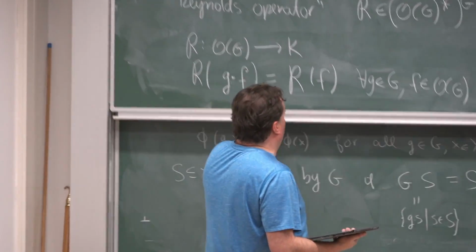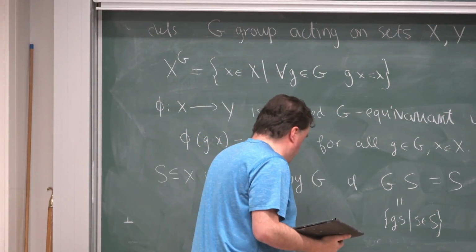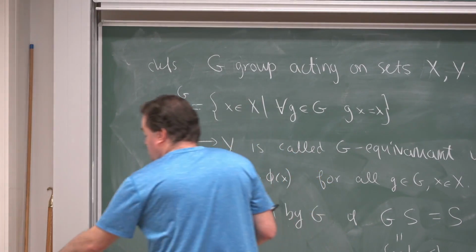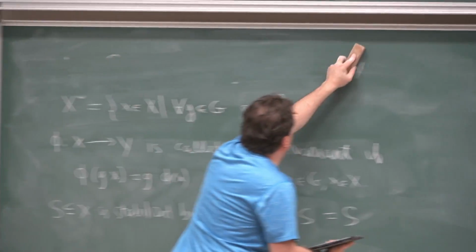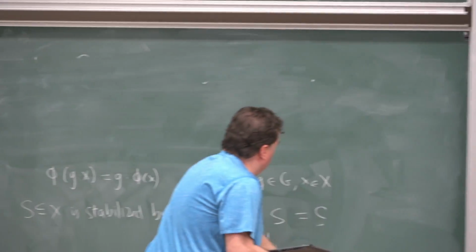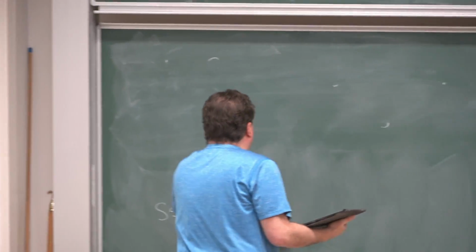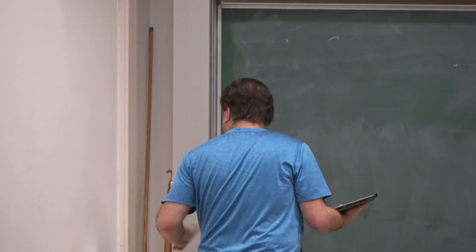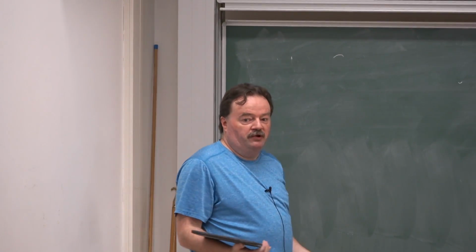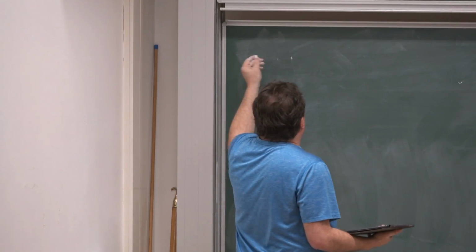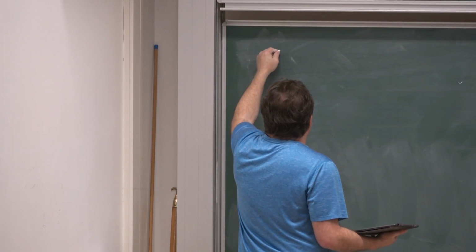I see I'm out of time. Let me just give you one example, and the next time I will give more examples. Because what is this Reynolds operator? You have to think of this Reynolds operator as an averaging operator. So one example,